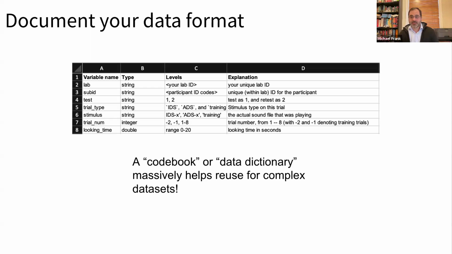In our reproducibility studies, it was shocking how often the failure mode was, I just don't know what this column means. So what's very clear to you as a data analyst, that this column contains a particular kind of information, may be unclear to folks who are just opening up your data file and don't have that context.